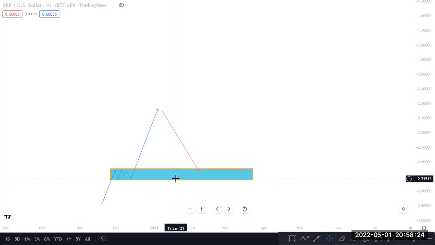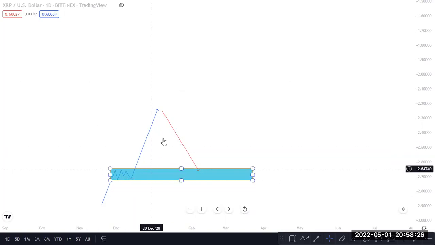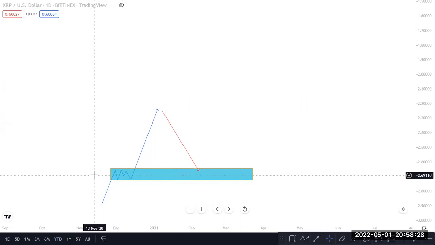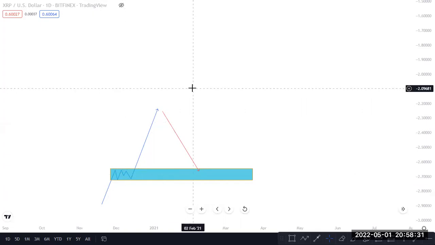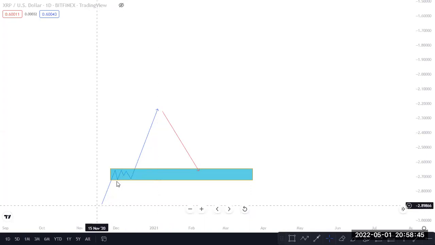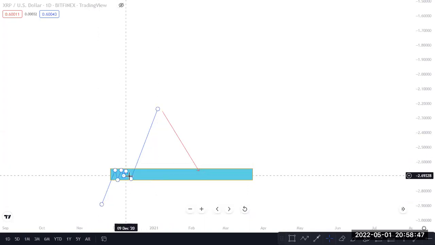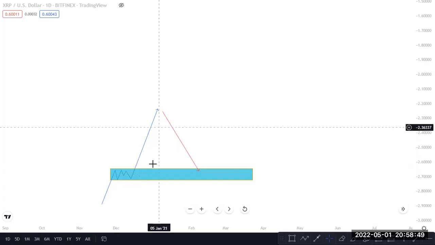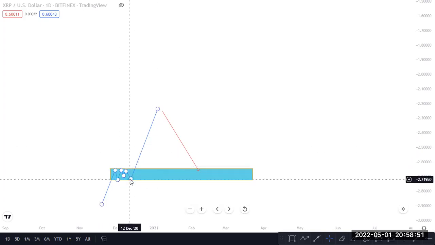So this is how we want to trade a demand zone. What I've just shown you here is a rally, a base rally. There are two different types of demand zone. We've got a continuation demand zone and a reversal demand zone. In this case, I've shown you a continuation demand zone, meaning this coin was trending up. Then we had this equilibrium and a strong break to the upside. Then we mark this zone area as our point of interest or as our equilibrium.